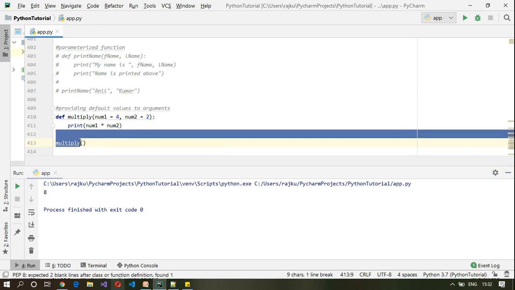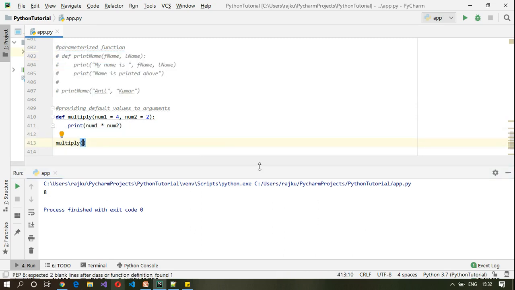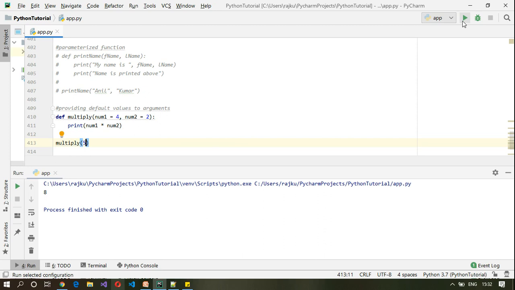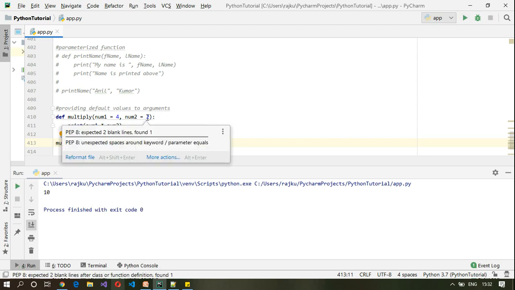However, if I specify only one value, then num1 will be replaced with the value of 5. The other one will be taken as the default value.